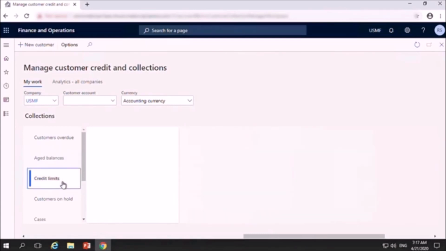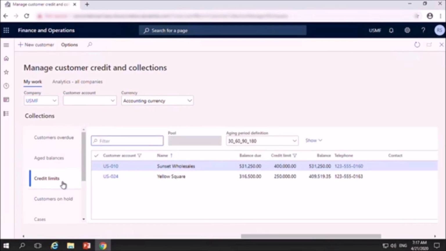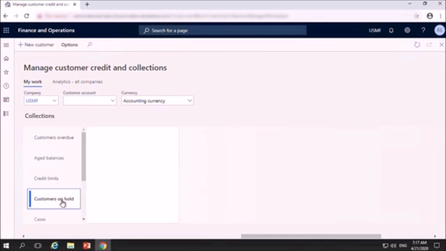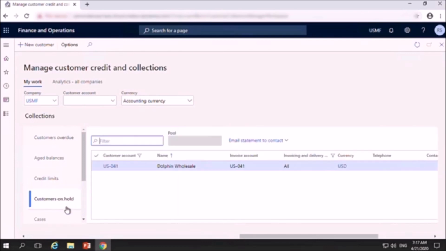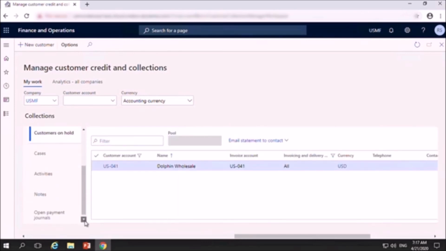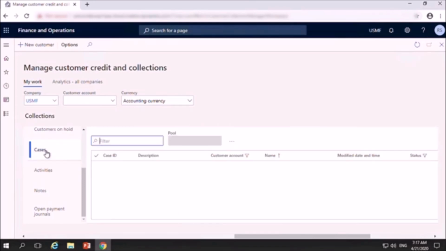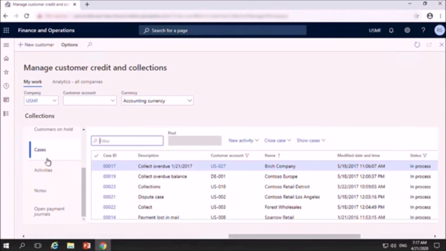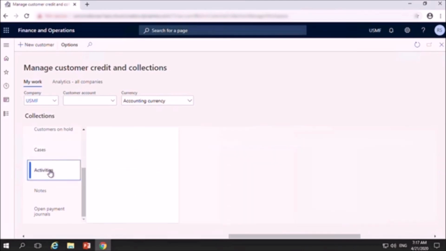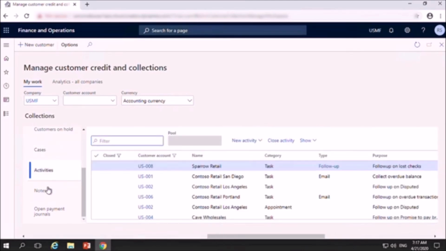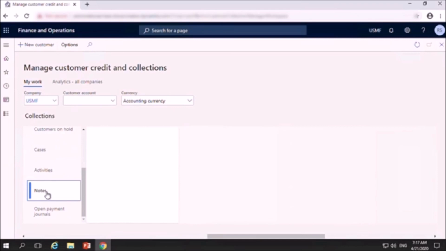You can check the credit limits. You can see customers on hold. You can see various cases and what the schedules for these activities are. And a very important thing, you can make notes.